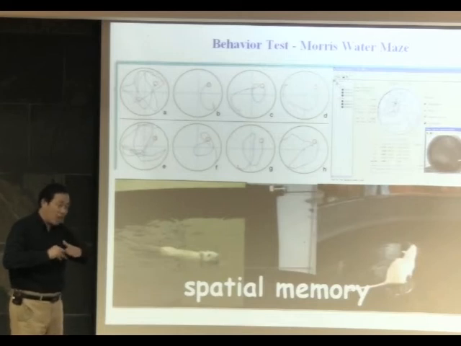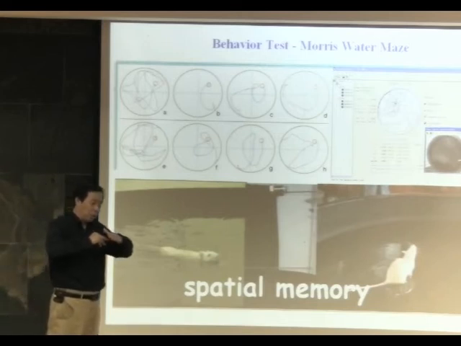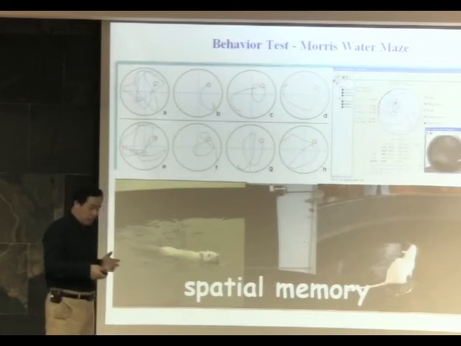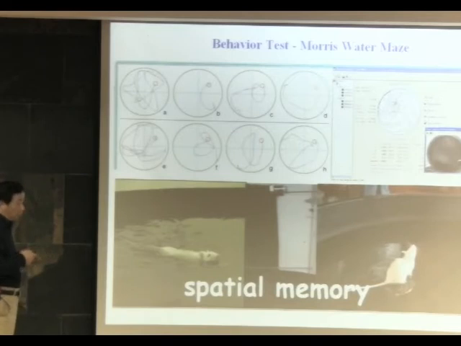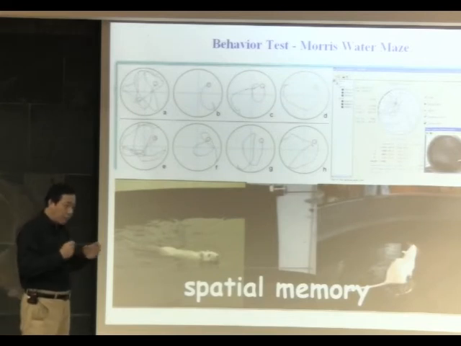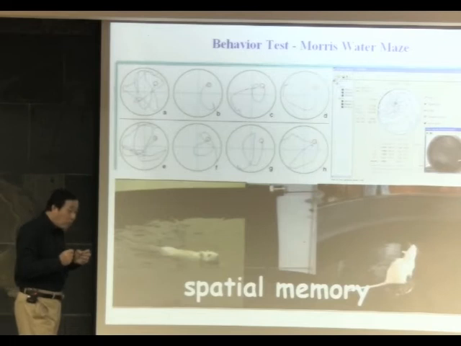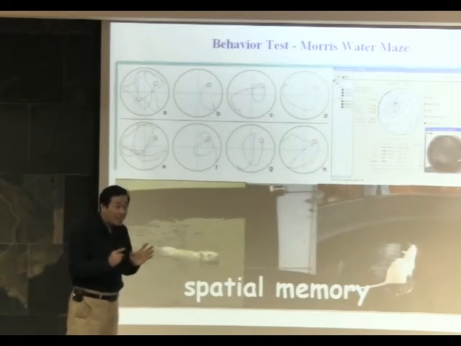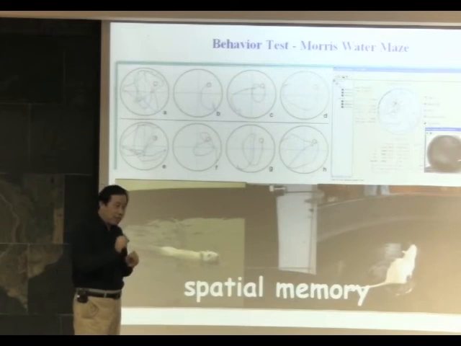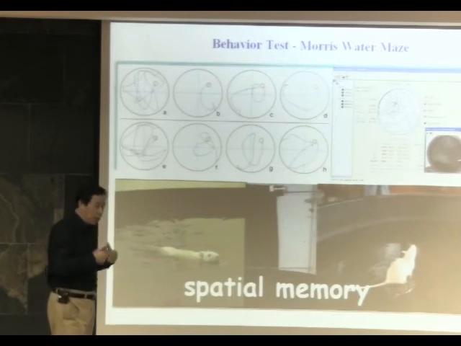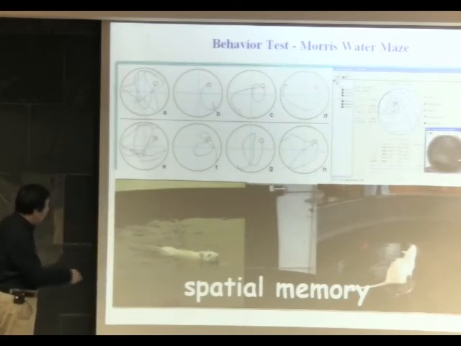Now I would like to briefly introduce how to assess whether cognitive function is damaged. We use what we call a behavior test. There are a lot of behavior tests, but in our study, we use the Morris water maze. Rats can swim, but rats dislike swimming, so we use this characteristic of rats to perform our test. This is the situation when we do such a test.